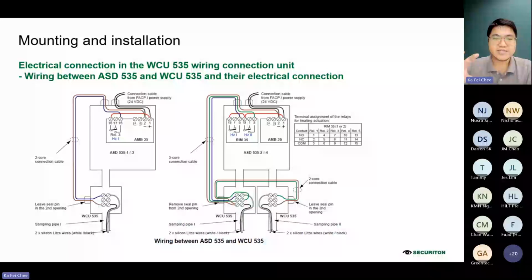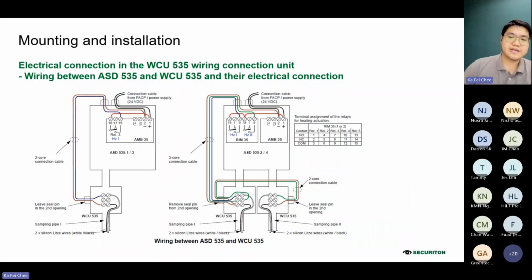The ASD will automatically turn on the heating based on the airflow reduction. So if the heater sampling point is blocked up by the ice and you have a reduction of airflow, then it will automatically turn on this relay here, the relay 3, to provide the power to the heater sampling point and do all the defrosting